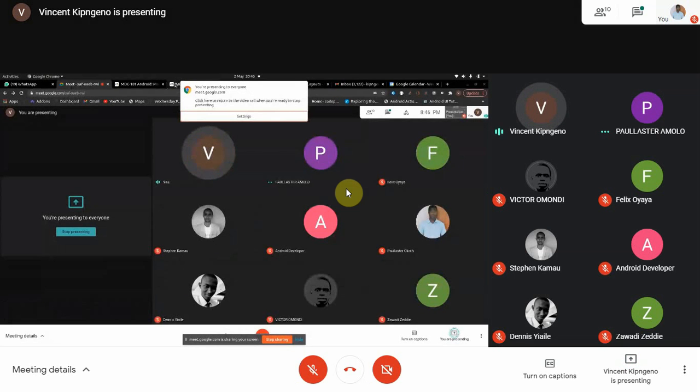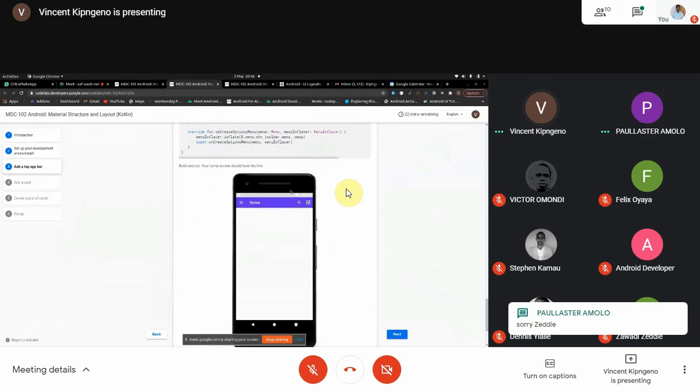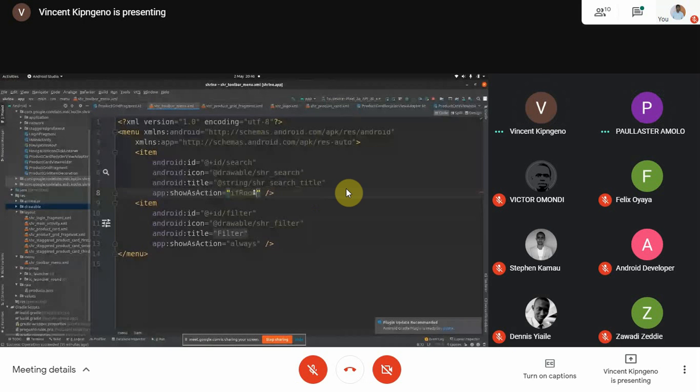Yeah. So I was explaining what is meant by show as action always. In this case, it means that we must show this particular icon on the top app bar always. But also, we can use if room. Okay, if room. So in this case, if room means that